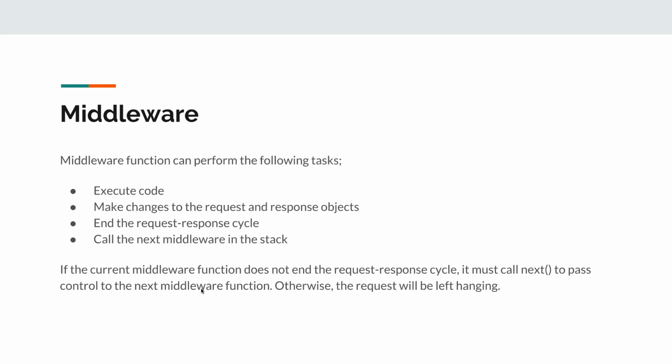Okay, so like I said before, middleware functions can perform a bunch of tasks. They can execute code. They can modify the request and the responses. They can end the whole request response cycle. They can call the next middleware in the stack. So this is another important thing to note. Most times when you're building out servers, you won't have a single middleware. You might have a part on your server